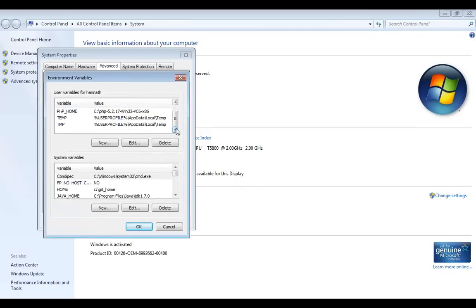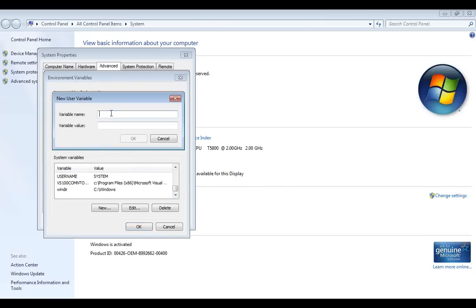I can add a variable, I'm not sure whether it is there or not. Oops, there is no class variable here. But I just click add and say class path, and then you start giving the folders where you have stored your jar files, separated by